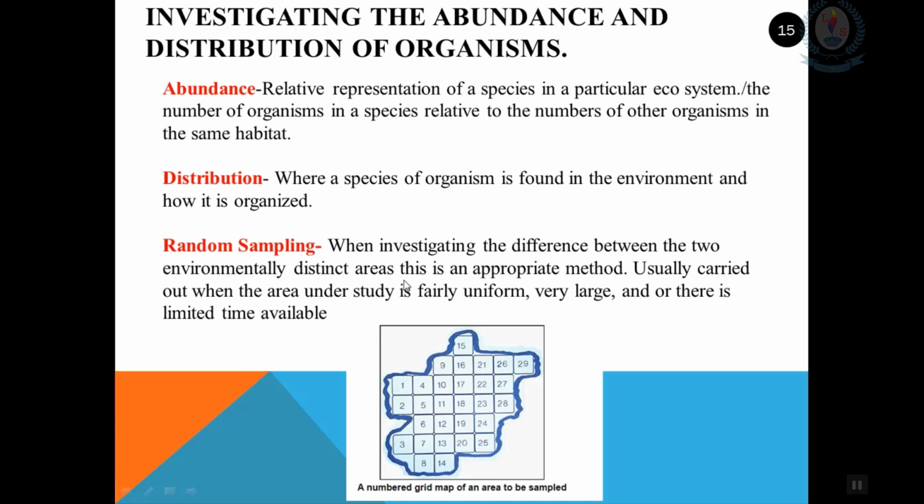The frame is placed on the ground and the animals or plants inside it are counted, measured, or collected, depending on what the survey is for. This is done many times at different points within the habitat to give a large number of different samples. In the simplest form of random sampling, the quadrat is thrown to fall at a random position within the site. However, this is usually unsatisfactory because a personal element inevitably enters into the throwing and it is not truly random.